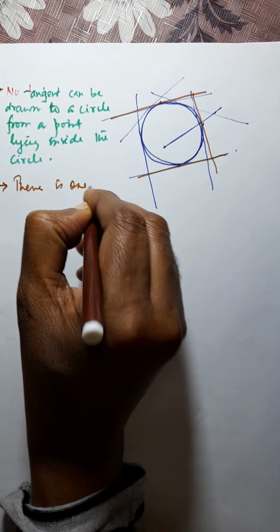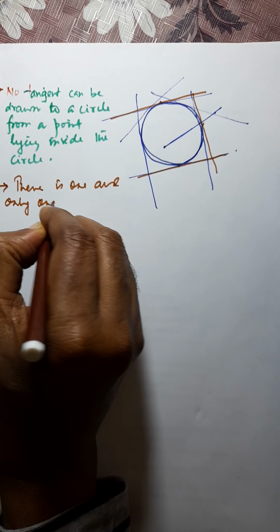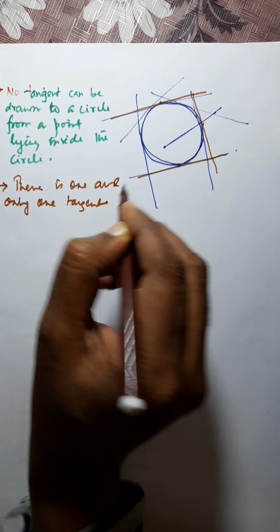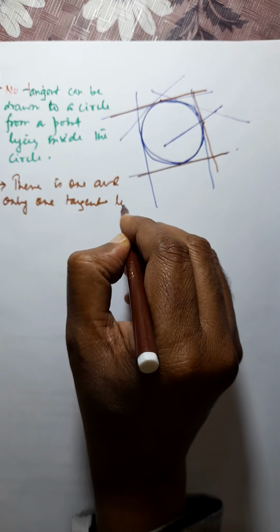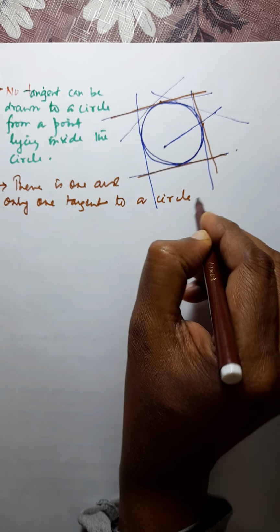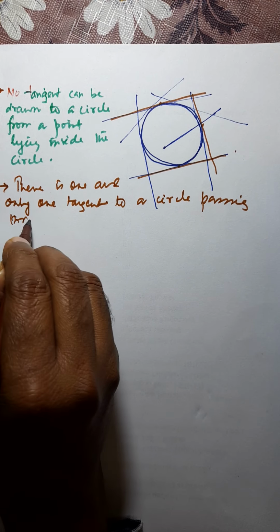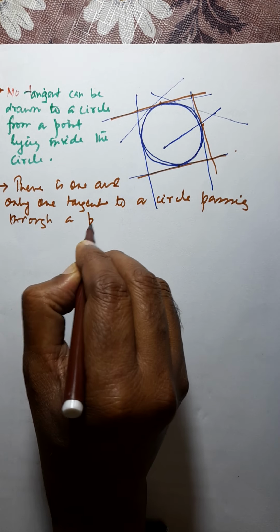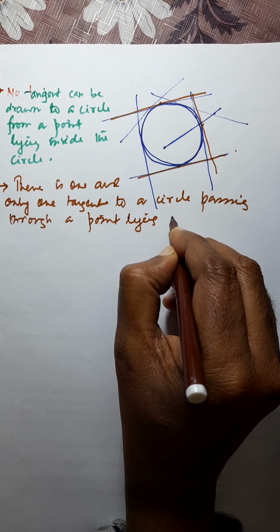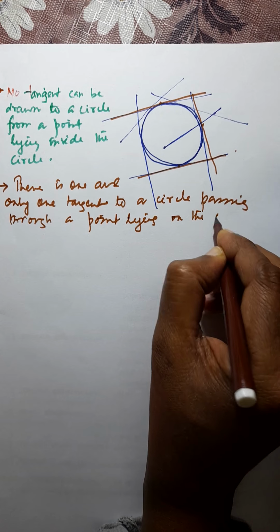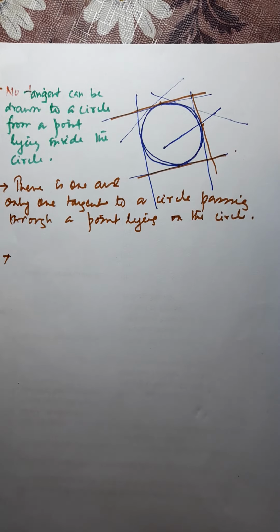There is one and only one tangent to a circle passing through a point lying on the circle. Okay. Another point, see,